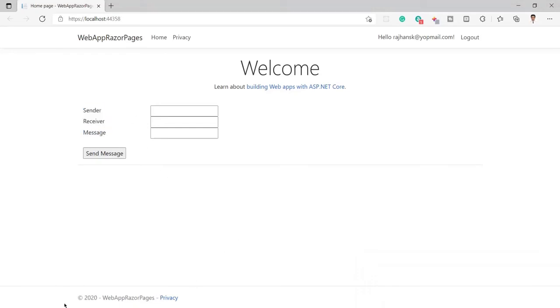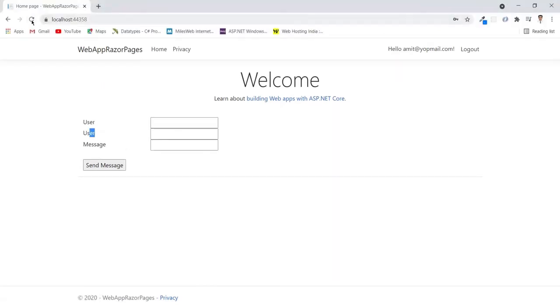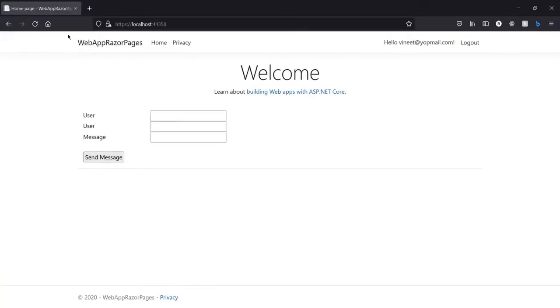Again I need to change the same thing here as well in the Google Chrome, so I just need to refresh it, and you can see again I have got the same here, and also I need to change the same in the Firefox browser. So here again I got it. So in the sender it will always remain the same email, okay, and in the receiver I can change.